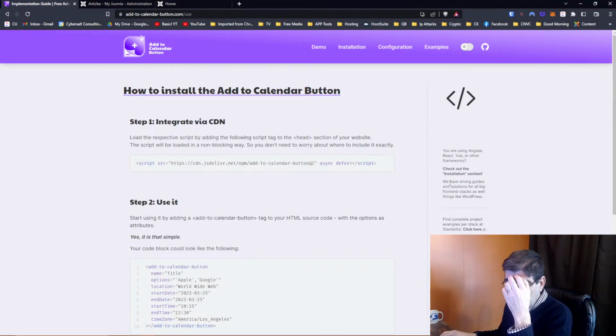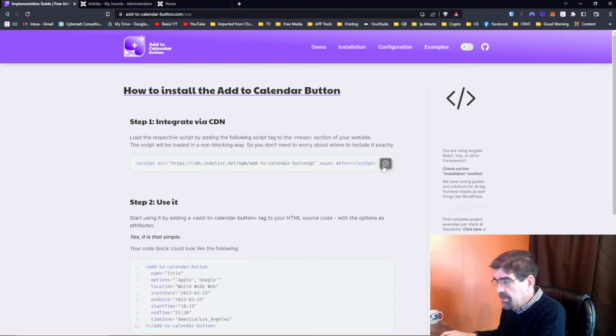And so here's what we need to do. First of all, you need to load the script by adding the following script tag to the head section of your website. The script will be loaded in a non-blocking way, so you don't need to worry about where to include it exactly. All right, so look, we have a nice little copy button here, and I'm going to go into the